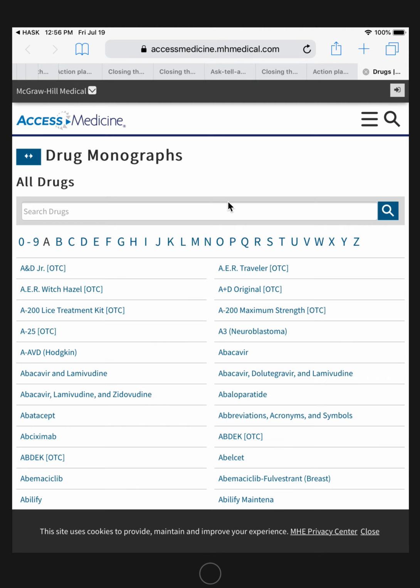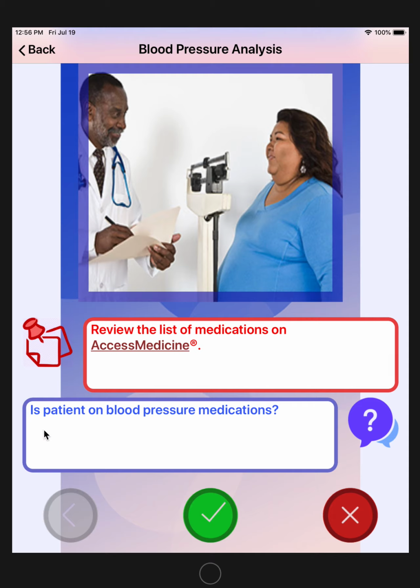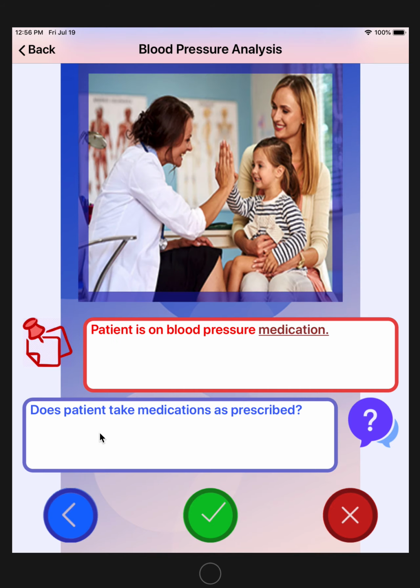this website, so you would be asked to input your credentials. Then you simply answer yes/no questions. Is patient on blood pressure medications? Yes, say yes. Does patient